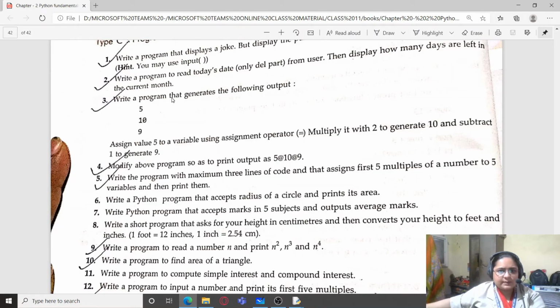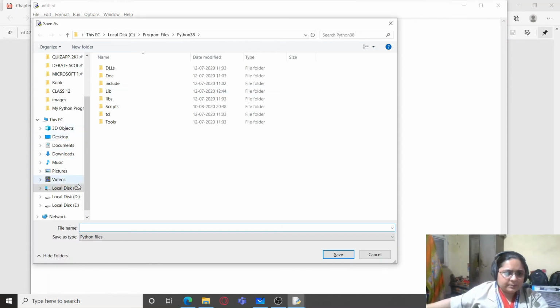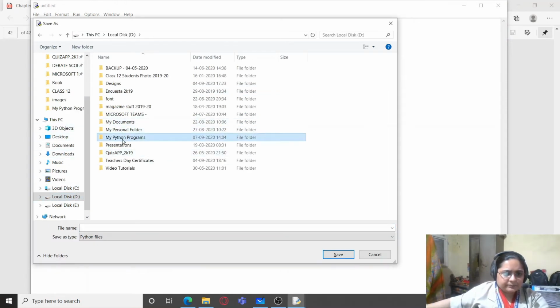So students, let's see how we can write the program for this question. The question was, write a program that generates the following output. You already know the program, so let us start with it. We will first save it. I have already opened an untitled file.